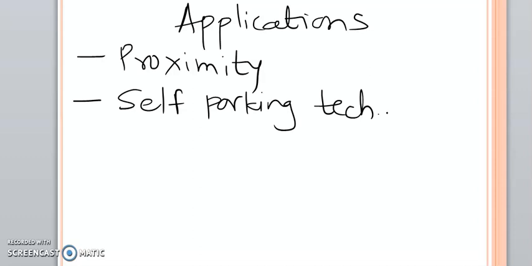No doubt the ultrasonic sensor used in a car is different from the sensor which we have studied, but the technology is the same, because in the car you will require a sensor which should withstand the other environmental conditions too. But if you know the basic working mechanism of a particular sensor, then you can easily work with the application. So in self-parking technology, then in safety and in collision detection,